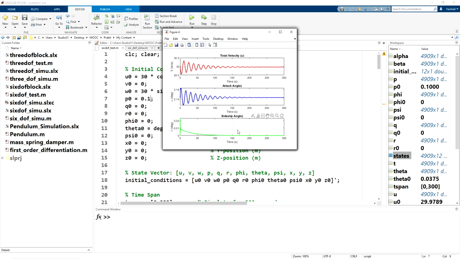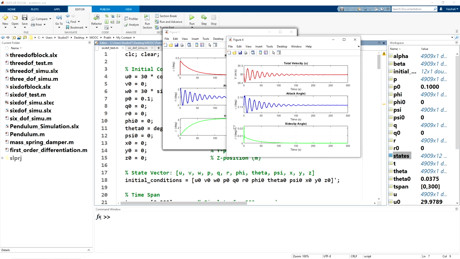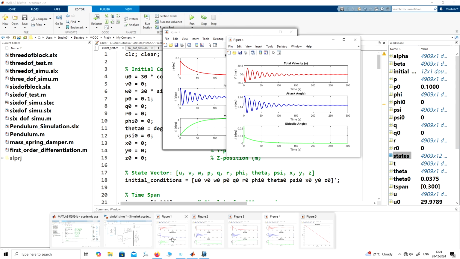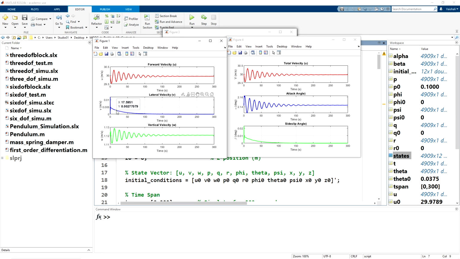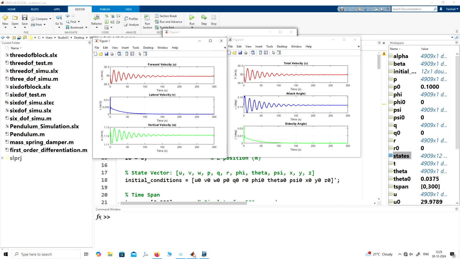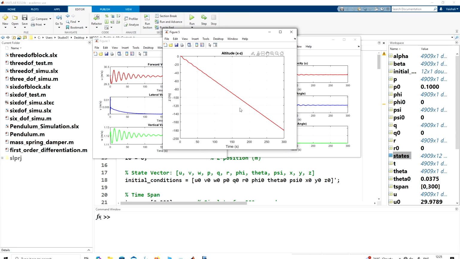Now likewise, as I said earlier that alpha and w have a 1-to-1 relation, likewise beta and small v have a 1-to-1 relation. If there is small v, then there will also be beta. Let me open the v plot. If there is a small v component, then there will always be a beta component. If there is beta, then there will be a small v component. So there is always a 1-to-1 relation between these two. And finally, going to figure 5, here again we observe that the altitude is decreasing by 200 meters.